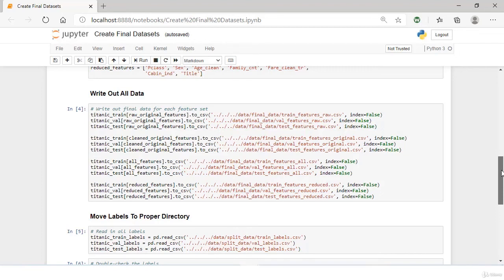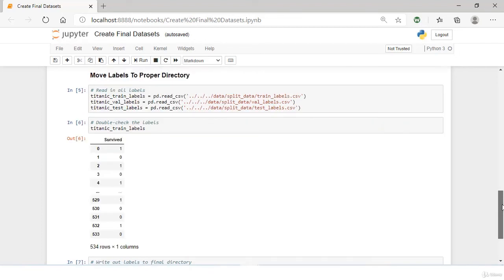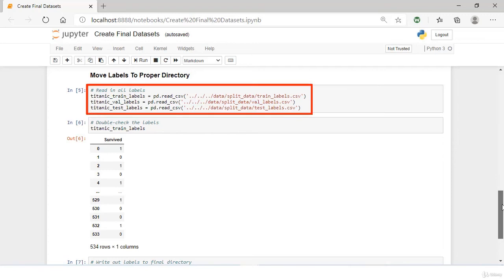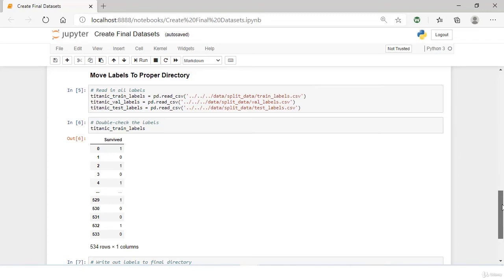that data out. Now to this point, we haven't touched our labels at all. However, we're going to be using them in the next section to train and evaluate our models. So let's move those labels over so that they're in the same directory as our features. Let's just copy down these training labels. So now we can go ahead and write these out to the same final directory that we wrote our features out to. So now that we have all our data in place, in the next lesson and in the